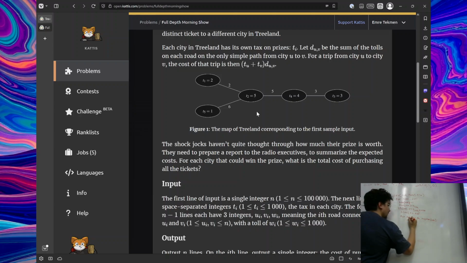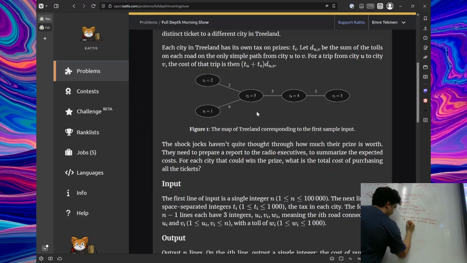First of all, if the neighbor is the parent, this is why we keep track of the parent, then we're going to skip it because we don't want to go up the tree. We only want to go down the tree, from the root downwards. So we're never going to go up the tree. But if it's not the parent, then we are going to